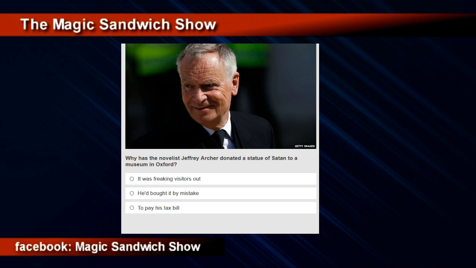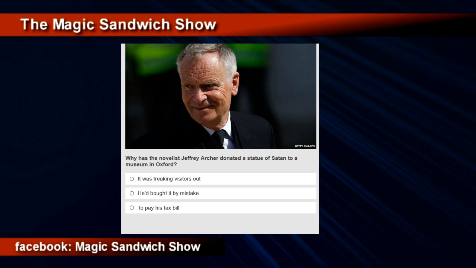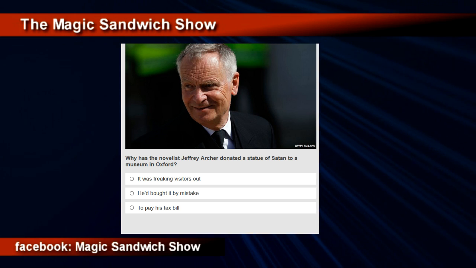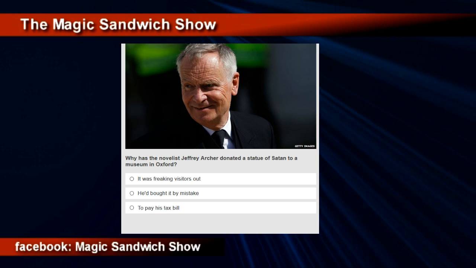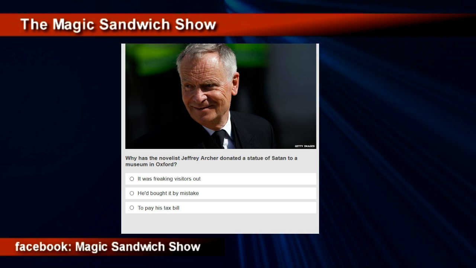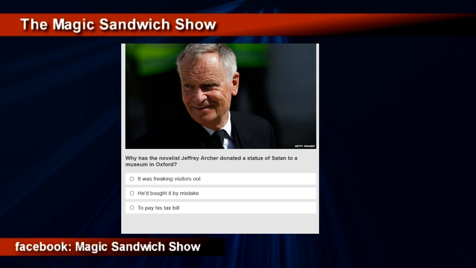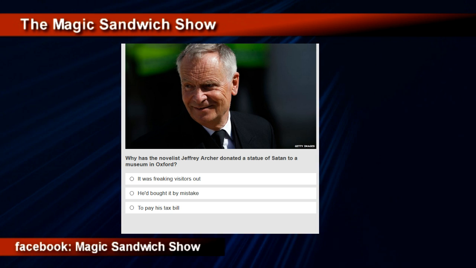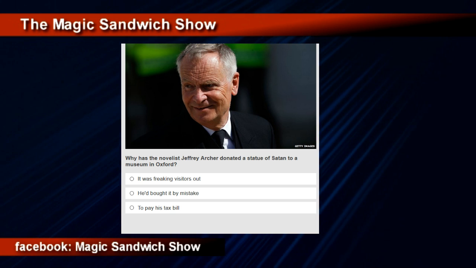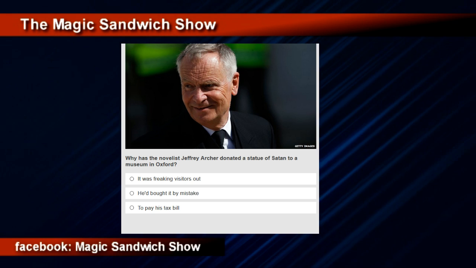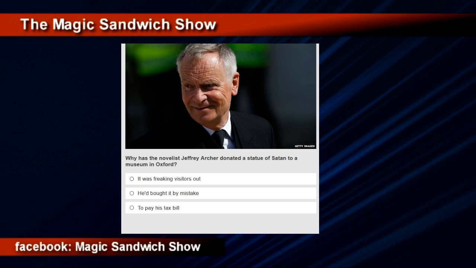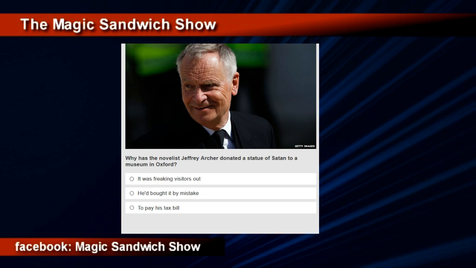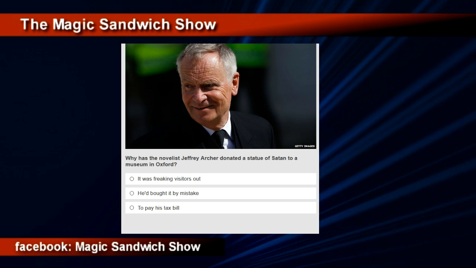Oh, I didn't know that. He was actually at one time convicted of perjury. Spent a short time in prison. And he certainly started writing his books, I think, to pay his tax bill. Well, this was some time ago then, because I remember my mom was quite a fan of his books. I don't know. They were like spy books or something. Yeah, sort of thriller, kind of trash. They weren't particularly well received.